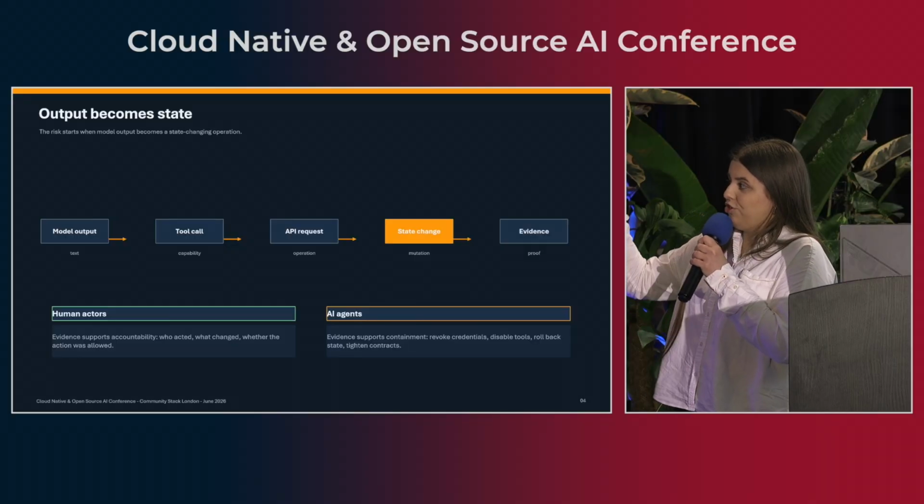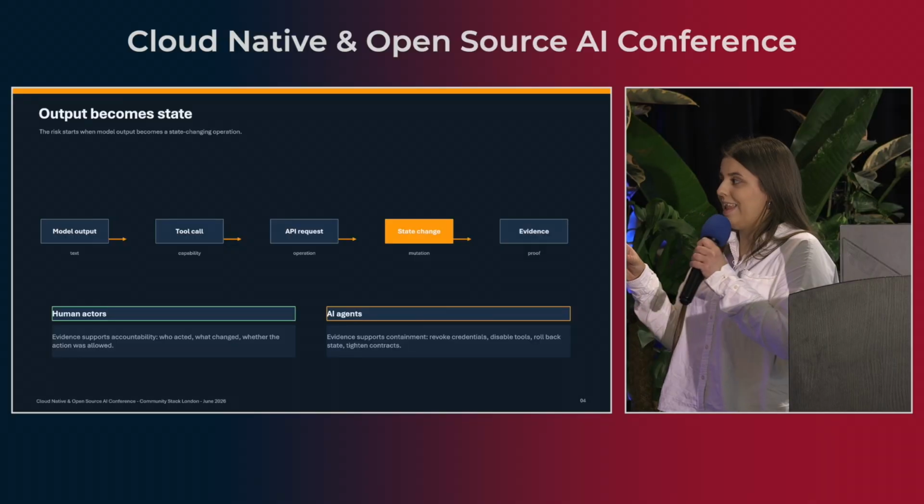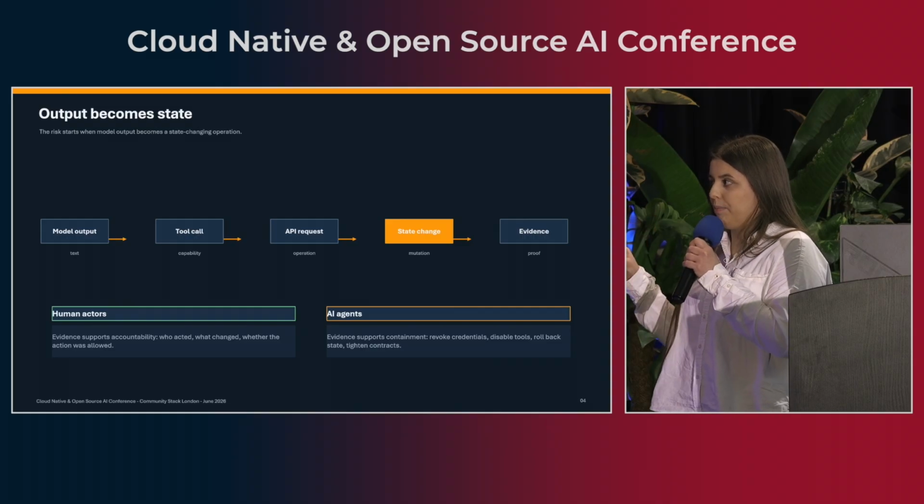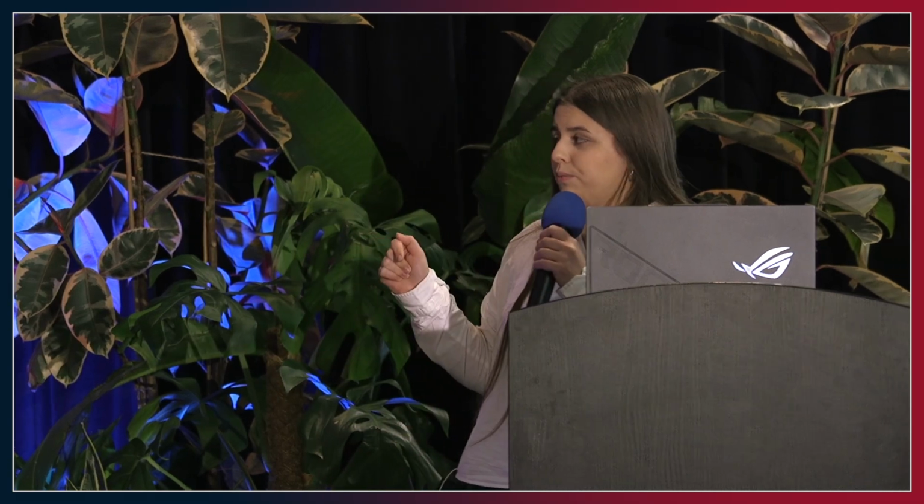Then once it changed, the mutation has happened, and now we don't know, unless we have some trail, what exactly has happened and what agent or what actor has changed this in our system. So if it was a record in a database, how do I know as an engineer that this has been changed? And then comes the evidence. I will come to it further on in my presentation, but when I talk about evidence, I don't just talk about the trails, I talk about the responsibility. So who is responsible for what action in our system now?